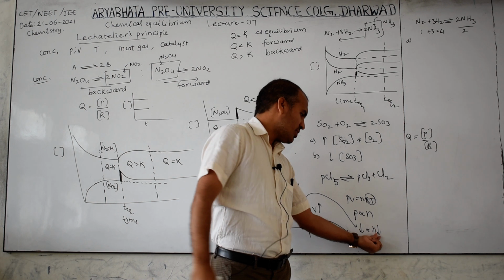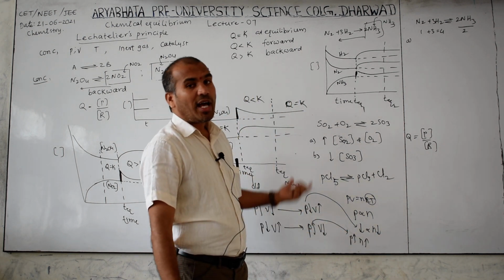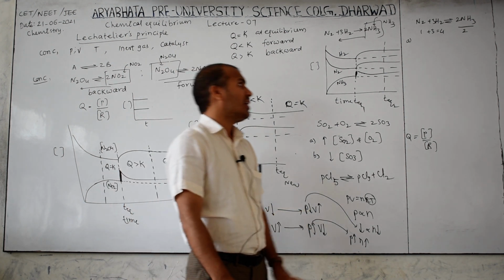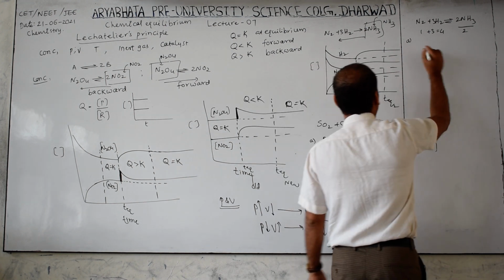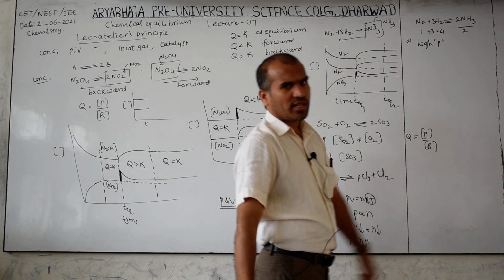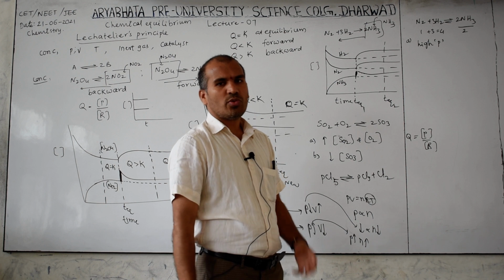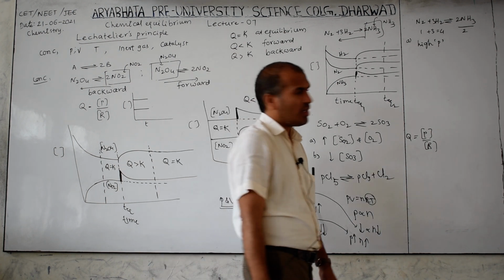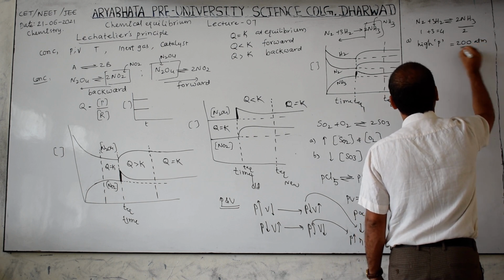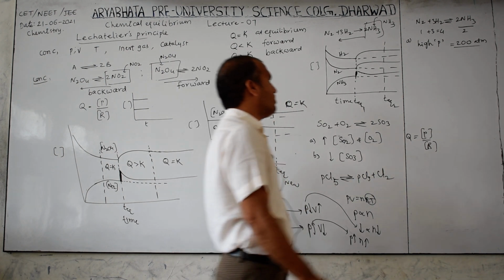So the reaction moves toward the side with fewer moles. Which condition is required here? High pressure is required, because if you increase the pressure, the reaction moves towards the pressure-decrease side. Therefore, to form ammonia, high pressure is required. In the second year you may also be studying the P block elements. Preparation of ammonia by the Haber process requires nearly 200 atmosphere pressure. They may ask this directly in the examination, so you have to remember that value also.